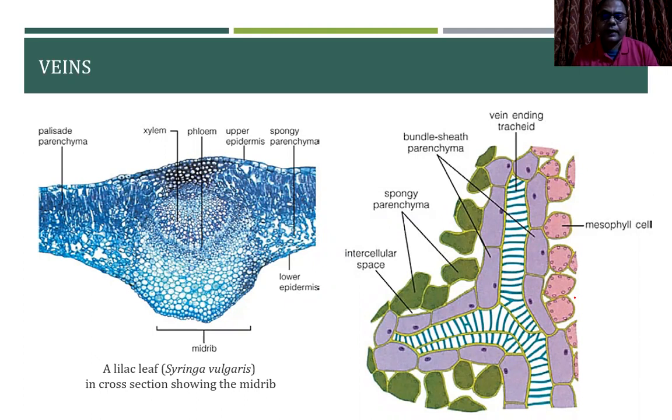In cross section, the xylem is on the upper part of the bundles. A simple way to remember this is that the xylem is towards the middle of the stem, so that if a vascular bundle diverged from the stem into the leaf, the xylem would end up towards the top of the leaf. Along with the vessel members, the tracheids transport the water. Xylem also has fibers around the outside of the bundles, which provide mechanical support, and parenchyma cells between the vessel members. The phloem makes up the lower part of the bundle.